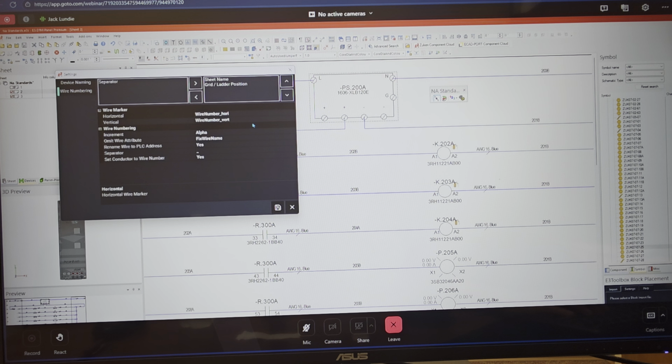The other one is wire numbering. Same thing applies here, where you have a choice of the wire marker you want to use for